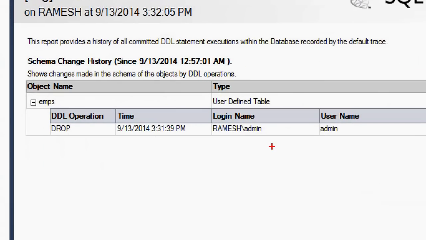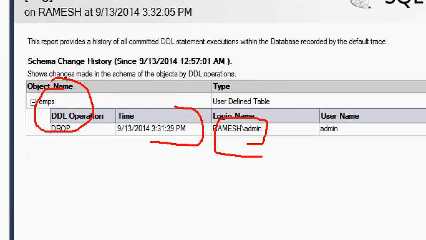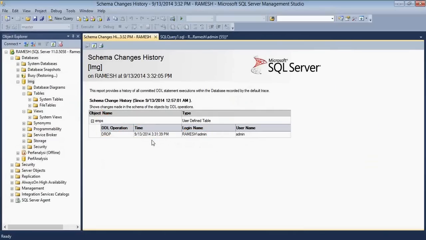Here you can see that Ramesh, username Ramesh, has dropped EMPS table at this time.